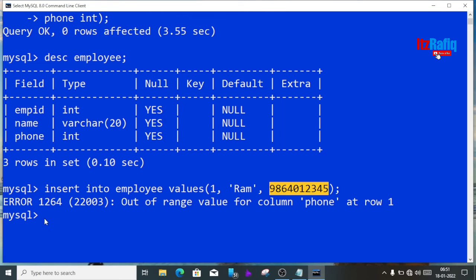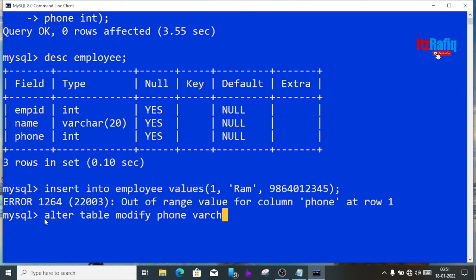So we'll use here alter table employee modify, then phone. Now instead of integer we'll write here varchar, and we'll give the size 13: 10 plus 3. For the country code I am keeping 3 extra places.